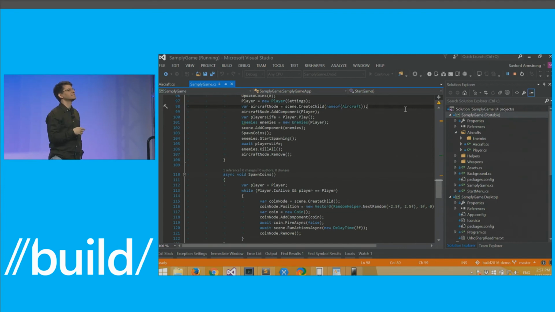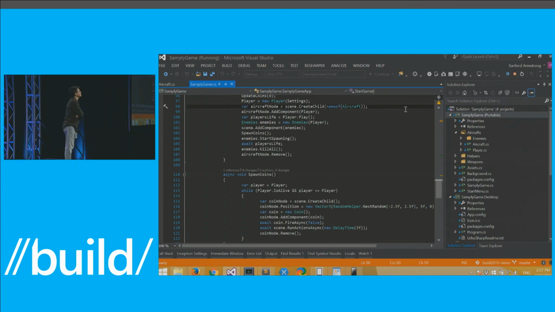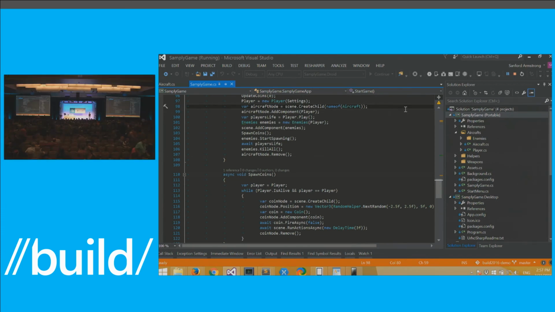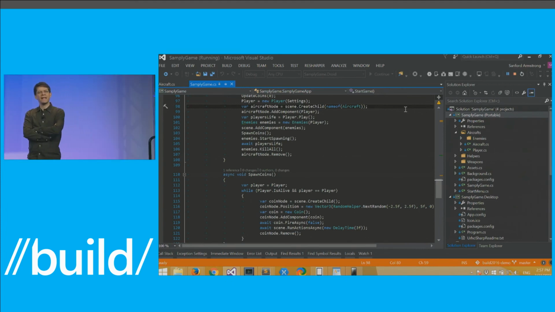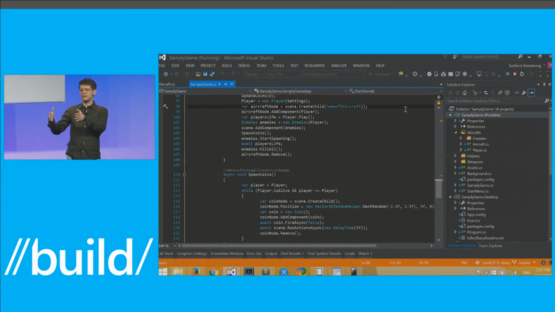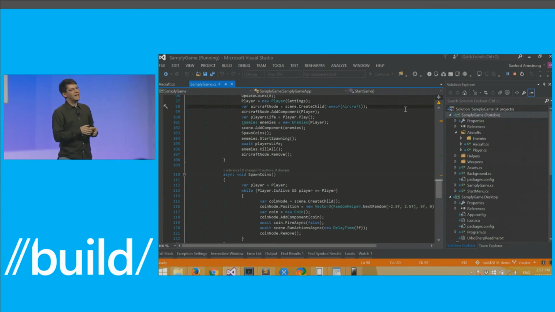I was just wondering, are there any plans where you could build a library that could be consumed by an already existing natively written Java or Objective-C app? Yeah, the question is if there's plans for us to turn C# code into a library that can be consumed and linked, I suppose, with an existing iOS or Java project. It doesn't exist yet, but yes, it's very much planned, and yes, it will very much happen. Thanks.